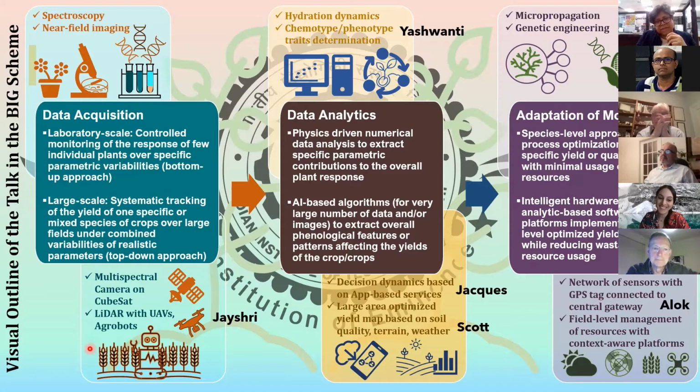And then obviously Jack's talk. Jack's from Logiag, and they have already done amazing work on app-based decision dynamics services. Again, I would say a large-scale application. And obviously their application was possible because they did laboratory-scale LIBS, laser-induced breakdown spectroscopy, the kind of thing Amina is also doing, and in some sense the heart of everything lies with that data acquisition we are talking about today. And obviously Corey also spoke today in the first talk of the session,